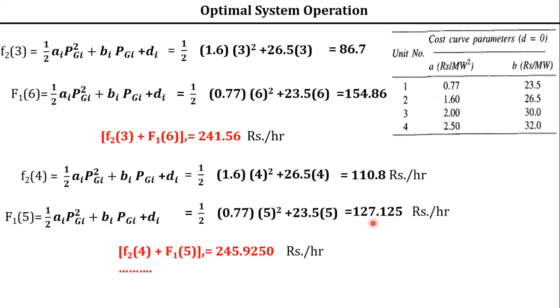Okay, so this is, I think, the fifth combination. Now similarly you find out the values of the sixth combination, seventh, eighth, 9, 10. You have to find out these values. Now you see the values keep on increasing, 241, 245, etc. Isn't it? So that's why I have written etc. here. You find out for the sixth combination, seventh, eighth, 9, 10.